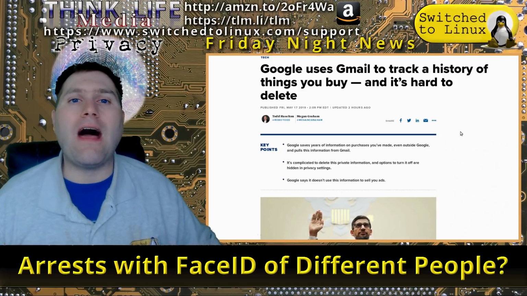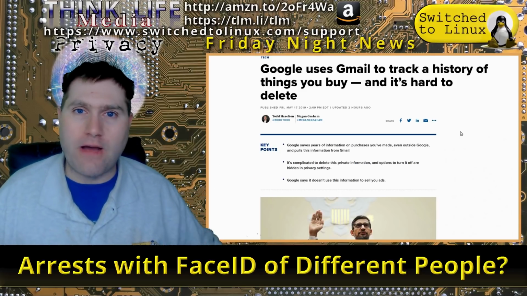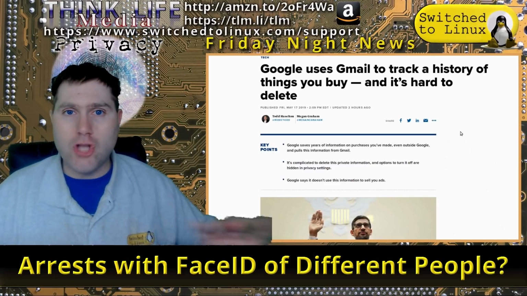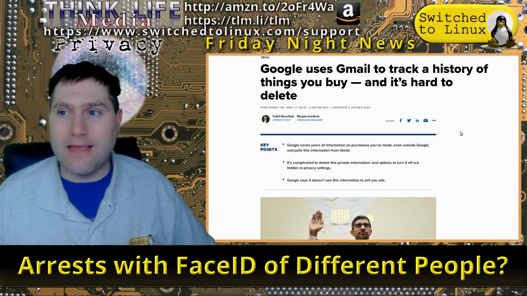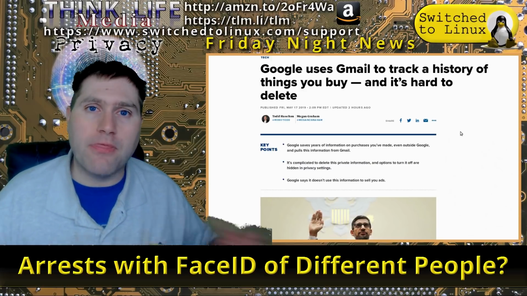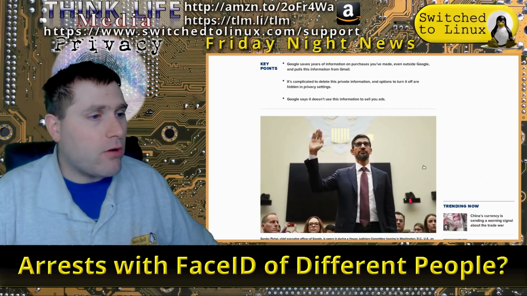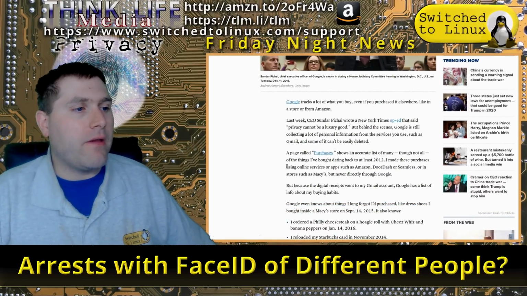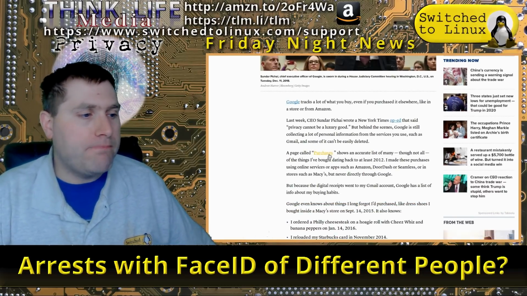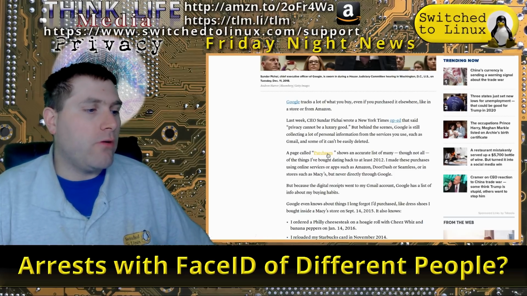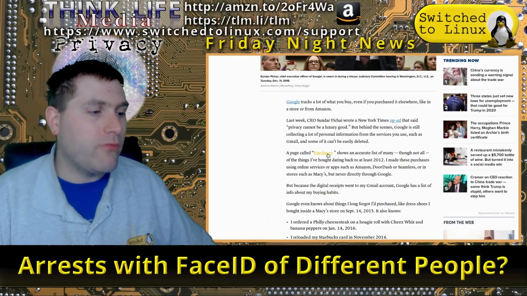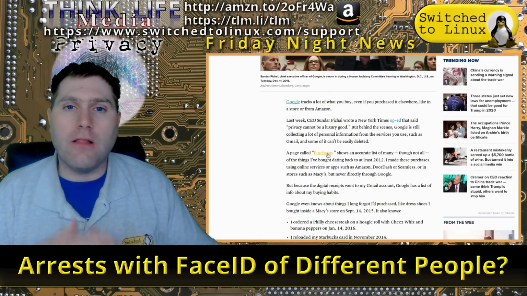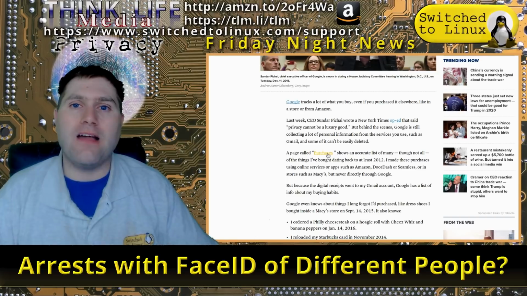And so this is why one of the great things about having 25 different email addresses is I have different email addresses for everything. So there's no possibility of these things getting polluted and co-opted with each other, but this is how it's working. So this article just came out talking about the data collection and how this is going on. So there is apparently a page called Purchases. So if you actually go log in, myaccount.google.com/purchases, it will actually give you a list of all of the things that Google knows you purchased,